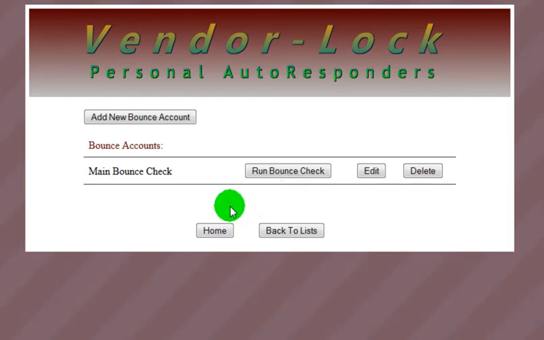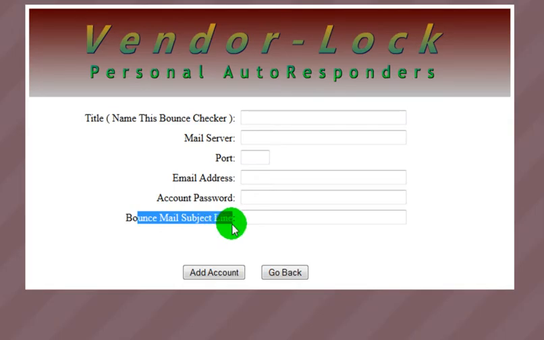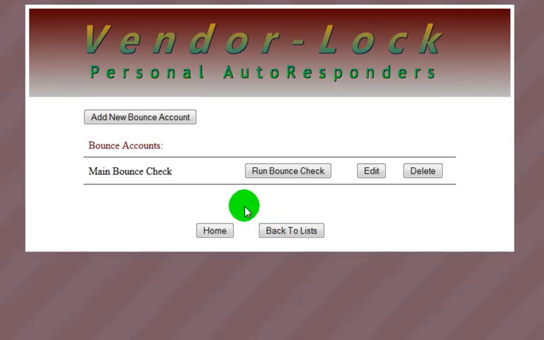Okay? So that's how you use the new bounce accounts bounce check system, and it's really easy to use, as you can see, and it's very accurate. It doesn't use the regex codes anymore like most autoresponders do. Now it uses what I was showing you there, the bounce mail subject line. Okay, so now once it finds that subject line, it can go into that email and find the bounce message. Okay, so it's much more accurate, and it's much faster, and it works a lot better than